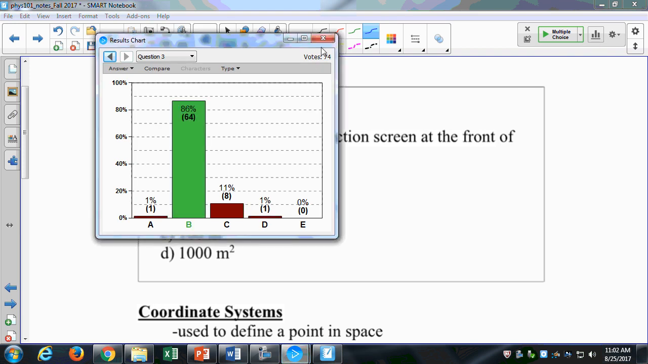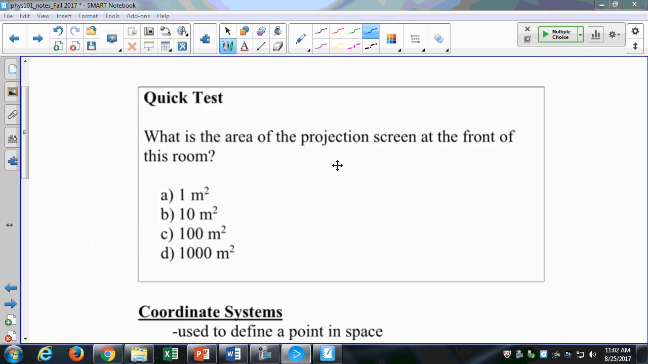All right, good. B is the right answer. It's going to be 10 square meters because it's roughly 3 meters by 3 meters. It's actually a little bit less than 10 square meters. But as an order of magnitude, it's definitely not 1 square meter because a 1 square meter screen would be